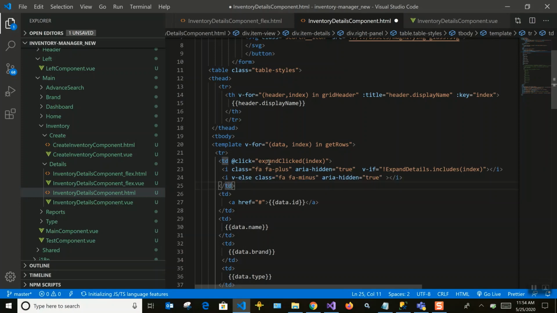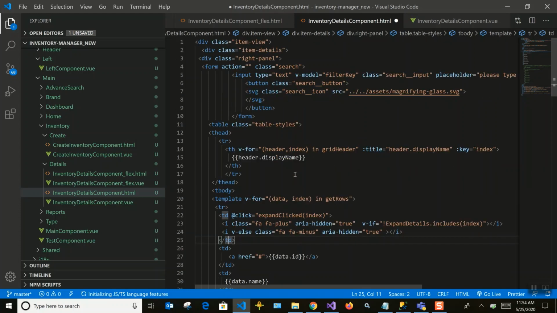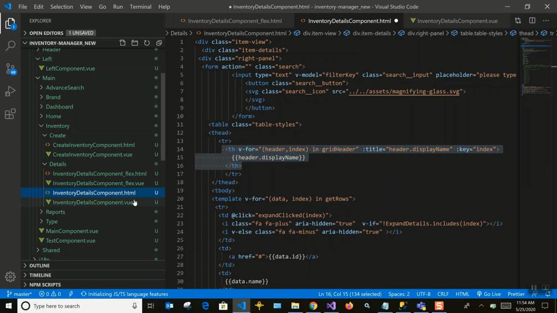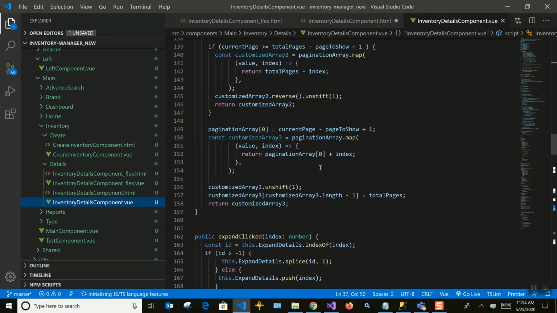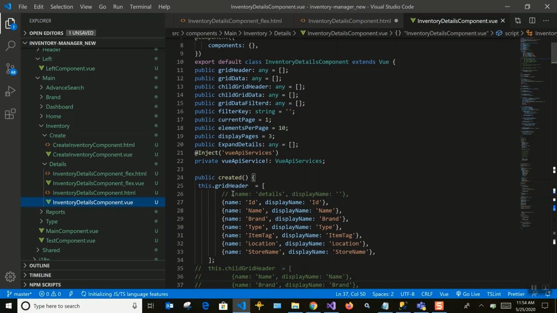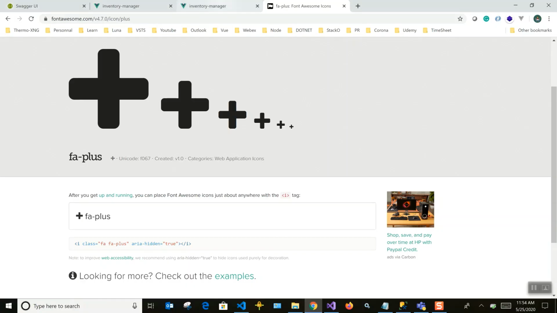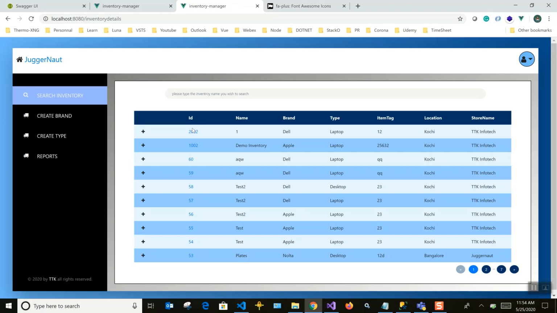After that, what we need now is the header section, right? The header you can see is a th. We are looping over an array and displaying the header. We'll see the array. Okay, so we need to enable this one as well. Now this will give an empty entry. This array is what we are binding in the grid header part. Once we do this, we get the grid the way we want.